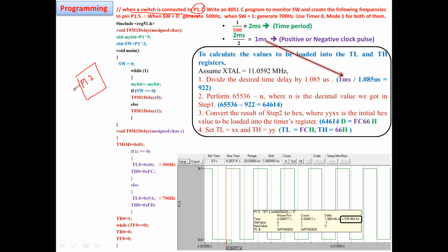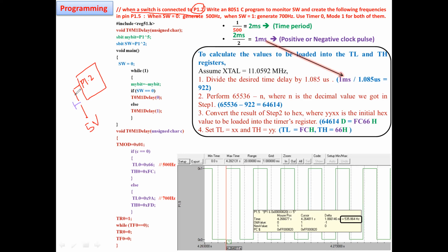Here I have my switch, I'm just connecting my switch. So write a C program to monitor this switch.